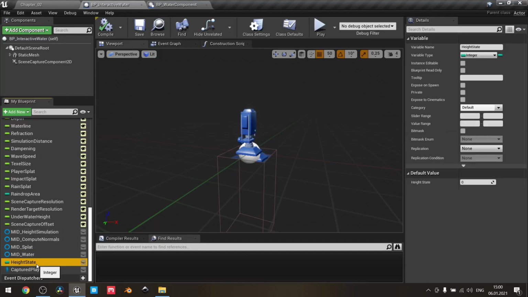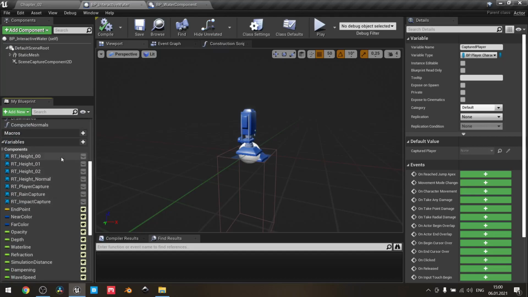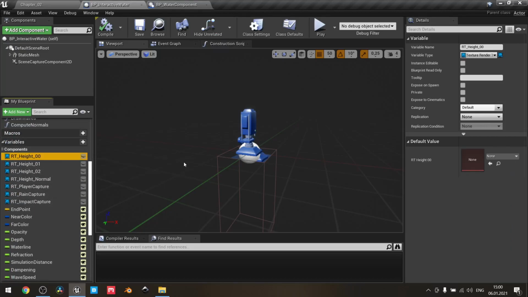Next, height state and captured player. The variable type here is BP player character, in my case. In your case, it should be your player. It can be third person character or any kind of character you want to have. And with this setup, we can actually go